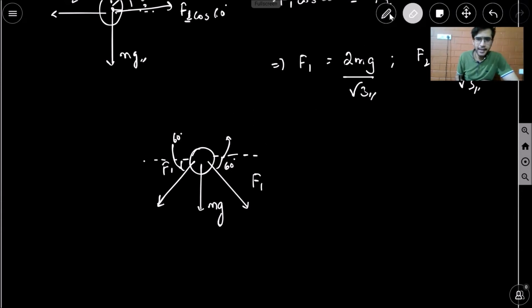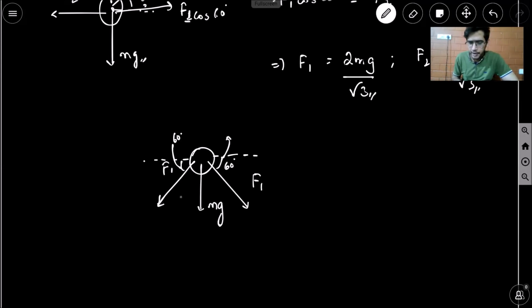So the only forces acting right now are mg and these two spring forces over here, F1 and F1, right? As soon as the string is cut. And now as soon as the string is cut, it takes the next instant for the spring to get compressed. The spring might change its elongation over here. But at the instant the string is cut, your spring is still at the same elongation as what it had in the equilibrium condition. So your spring's elongation won't change instantly. It will have the same value as what it had just before the string was cut.